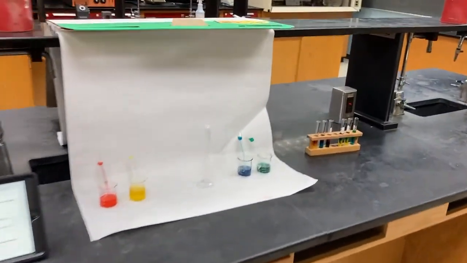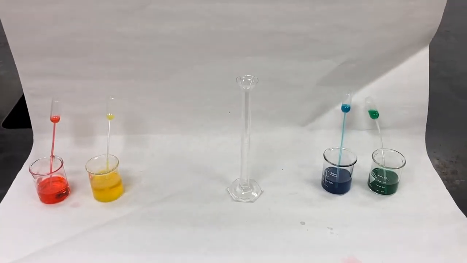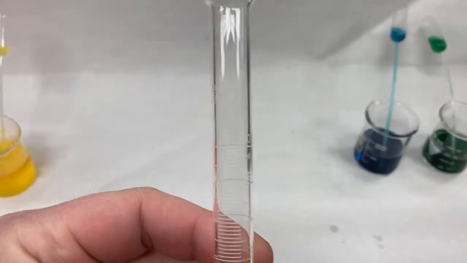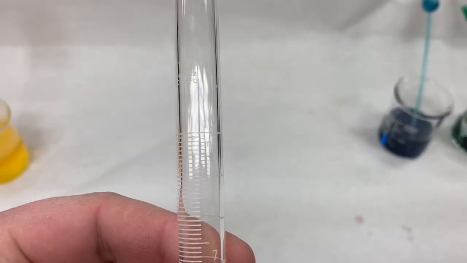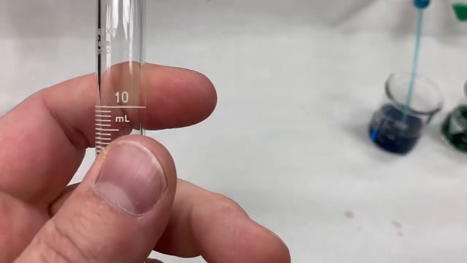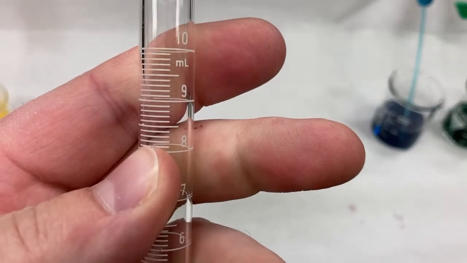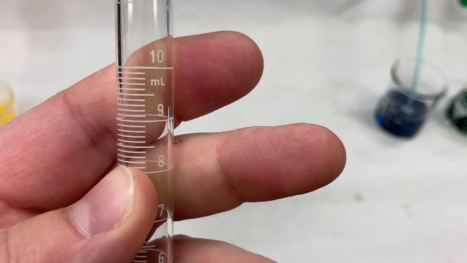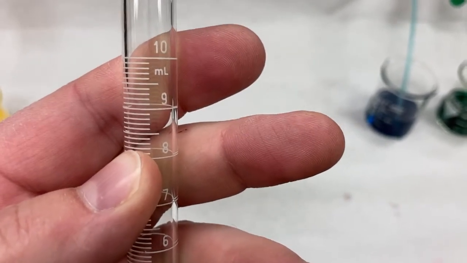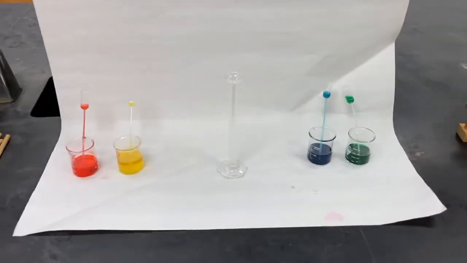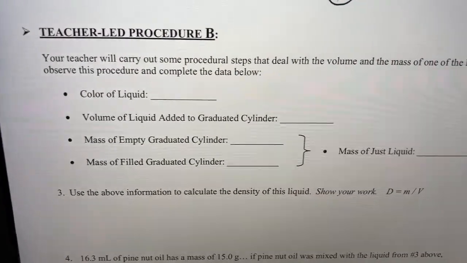Okay, so we're back in lab, and you can see the same 4 liquids as before. And we have ourselves a graduated cylinder. Now this is a 10 milliliter graduated cylinder. You can see right there, at the very top, it says 10 milliliters. And there are 10 little markings between every milliliter. So we can actually estimate this to the tenth place. So what we're going to do is take some measurements for Part B,